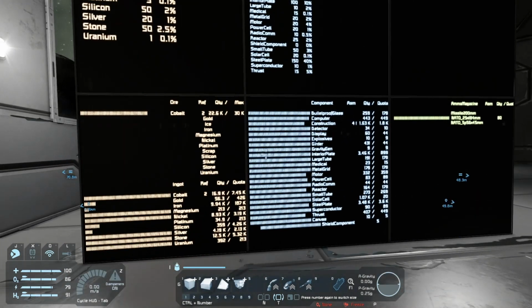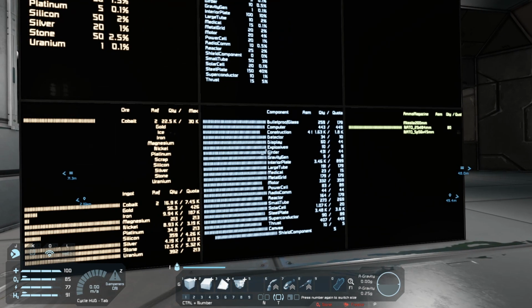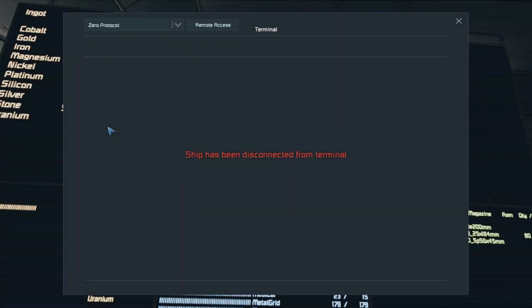Hello. So as you can see here, most of our resources are here, apart from the important ones: iron, gold, silicon, and platinum. Not that silicon's that needed, apart from computers. And then, as you can see, most of our components are also completed. We also have some of these components. And because they're there, we should now be able to